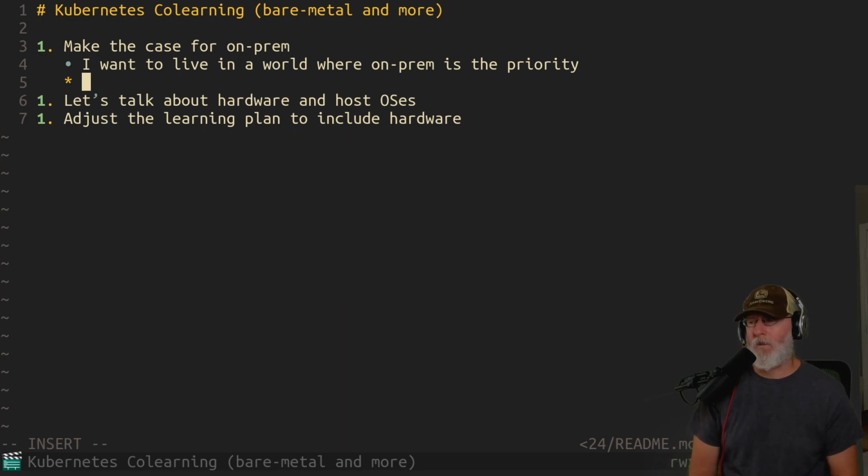And so that fundamental ethos within me says, yes, I understand I have to know cloud and everything, but I don't want to live in that world. So if I have a choice to promote a world where people are building stuff on-prem, if it's the best solution for them, or at least equal to a cloud solution, then I'm gonna do that, and I want to make it easy for them to do that. There's a lot of technology that's missing from the on-prem world specifically because it's been omitted by the people who gave us all this stuff, who came from these big providers.